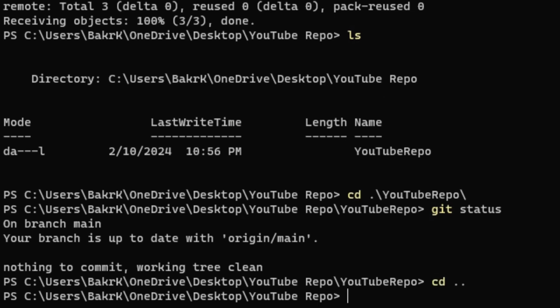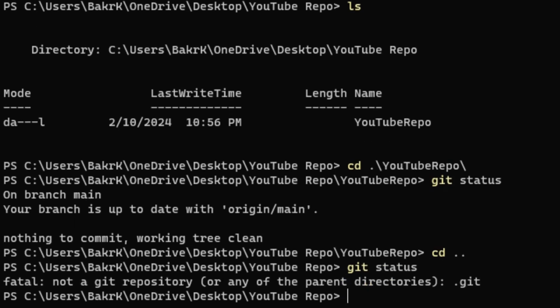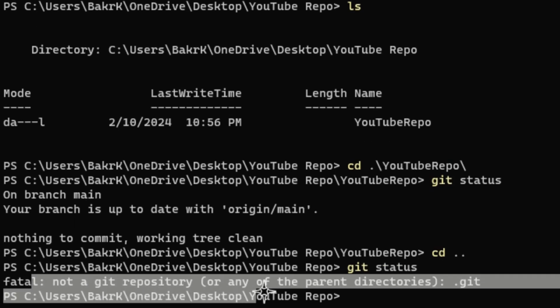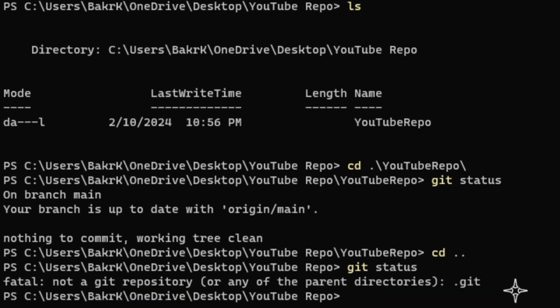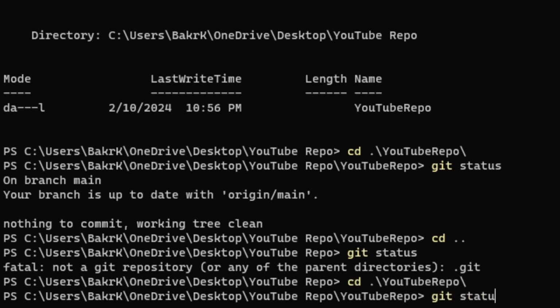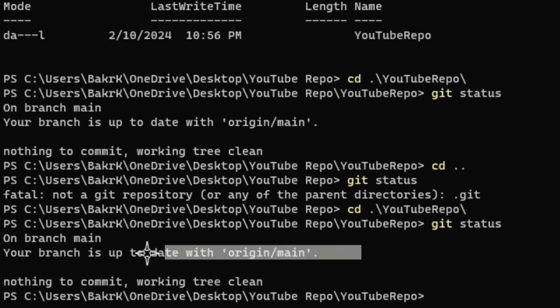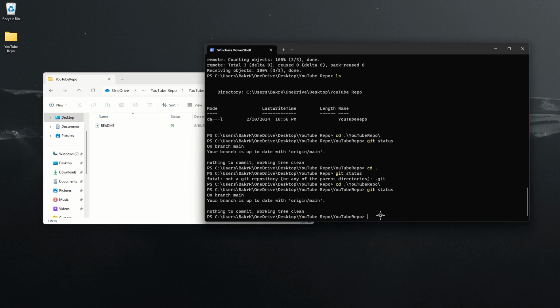Now if I were to go back one step, change my directory to the YouTube repo that we created, and type in git status here, you'll see that it is not a Git repository. So let's go back into our YouTube repo and then git status, and we can see that we are inside of our branch. So that is the basics of how to